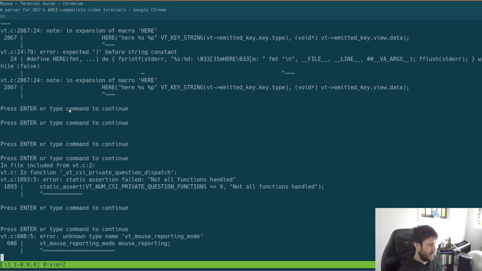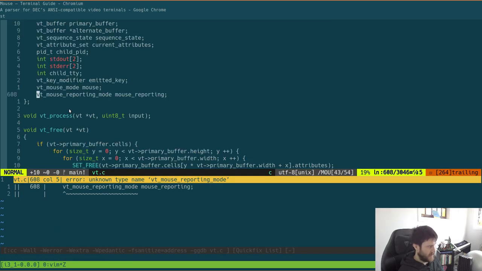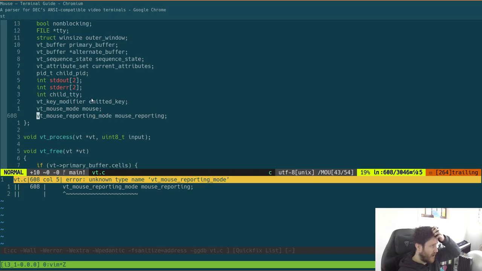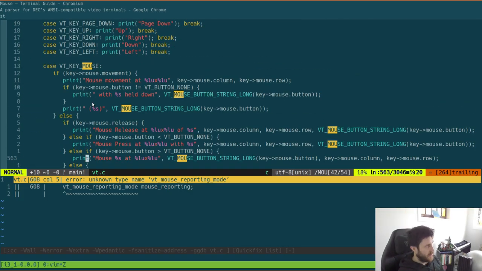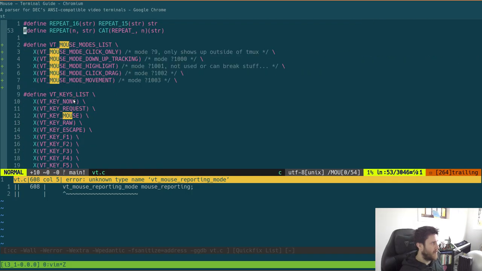I think that's the one I want. Right, so now it doesn't know about reporting mode. That's cool. We don't actually set the mouse either,